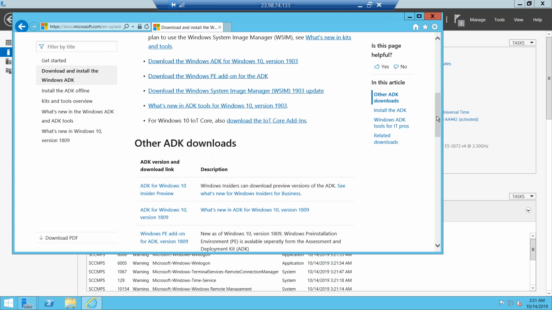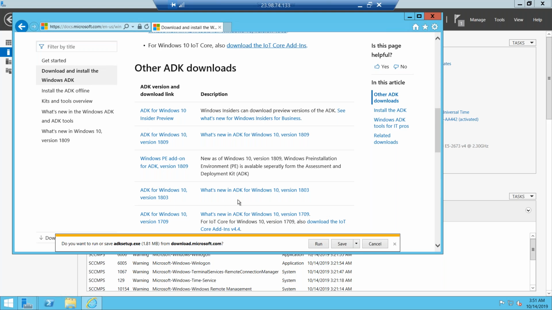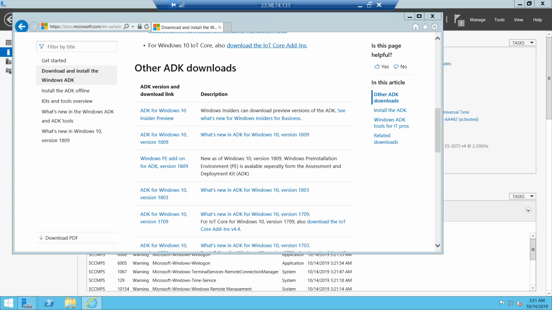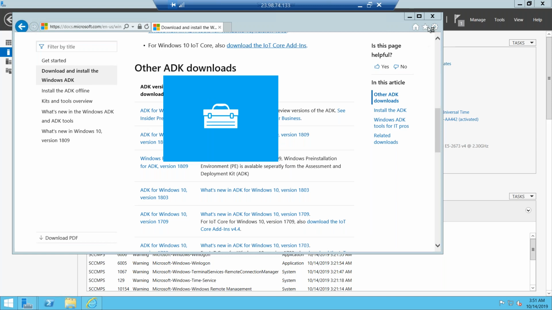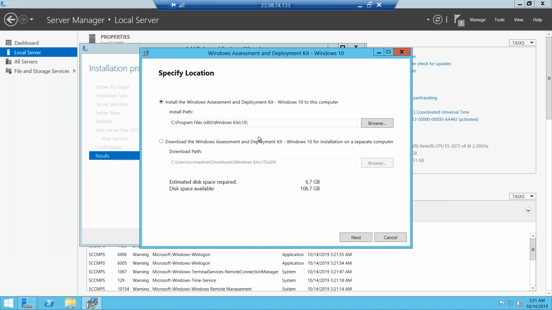So instead of doing that, we already have a version which contains both of them in one component, and that is 1803. If you install 1803, then you don't have to install multiple components one by one. It contains all the components. So I'm going to click on ADK for Windows 10 version 1803 and choose run. This is the location where the installation will happen. So we'll leave that as default. Next,